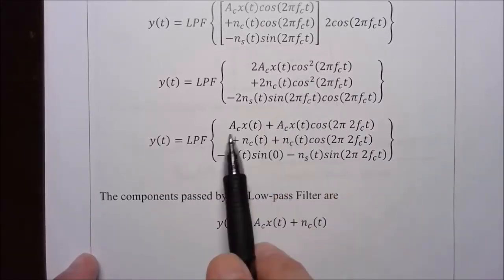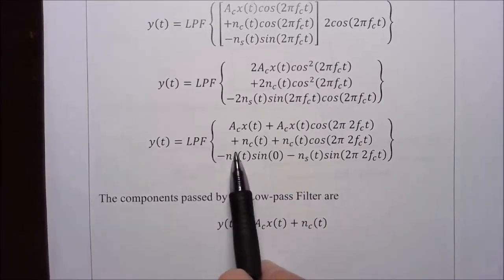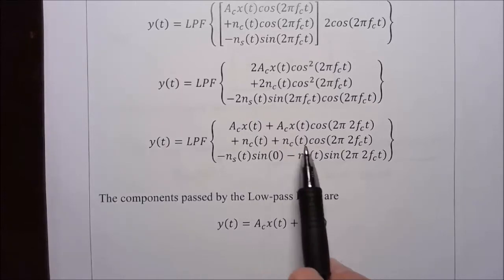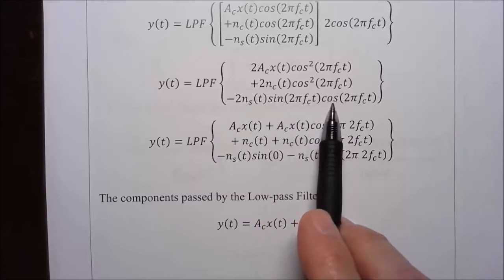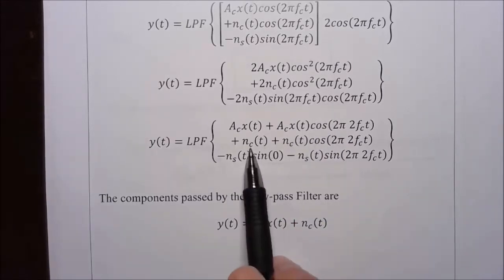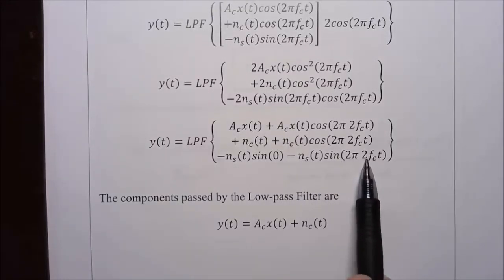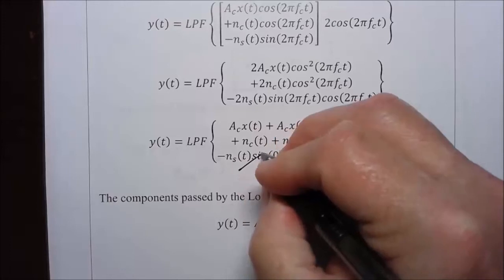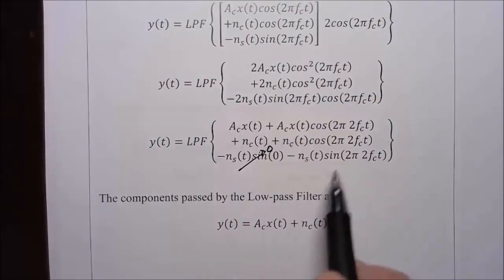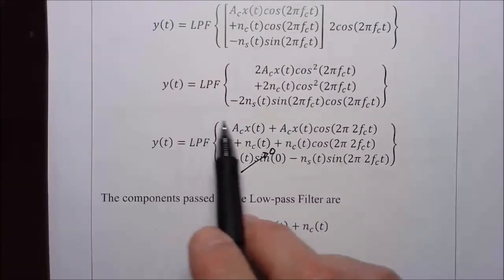For this cosine squared, again, 1/2 plus 1/2 times cosine at twice the angle gives an NC of t plus NC times cosine 2 pi 2 FCT, and then the sine times the cosine gives a sine of the difference of the angles minus a sine of the twice the angles. So we have this term NS of t times sine 0, and sine of 0 is 0, so this term is zeroed out. And then we have NS sine 2 pi 2 FC times t, and these are all low-pass